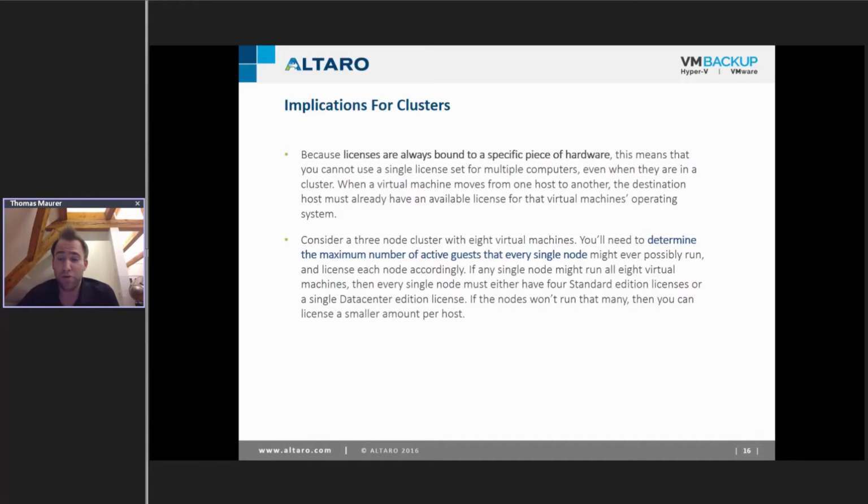And then one important note here is clustering. This is a big mistake a lot of people make. They buy licenses and they think, okay, we add them all together. With Standard, for example, they think a Standard license gives me 2 virtual machines, so if I have a cluster of 2 physical hosts, I buy 2 Standard licenses, that makes a total of 4 virtual machines. But that's not how it works. You have to license all the virtual machines which can run on the physical hardware.